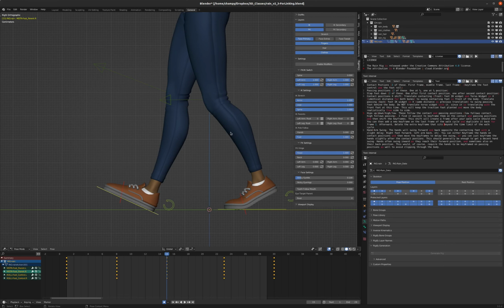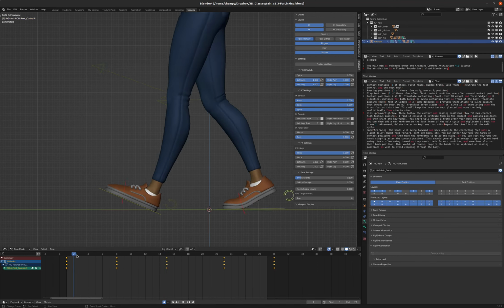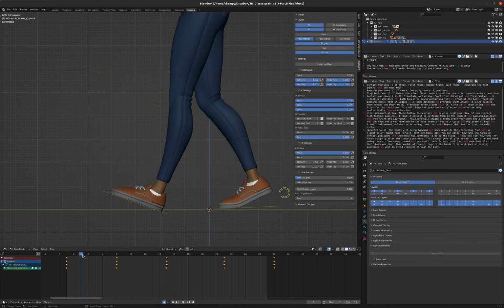So now that we've created contacts and passing positions, our next step is going to be to slap the foot down. And this one gets neglected a lot, but it's kind of an important thing for this character not to feel robotic and too smooth and to give him a little bit of weight. So what I'm going to do here is just maybe 2 frames after the initial contact positions,